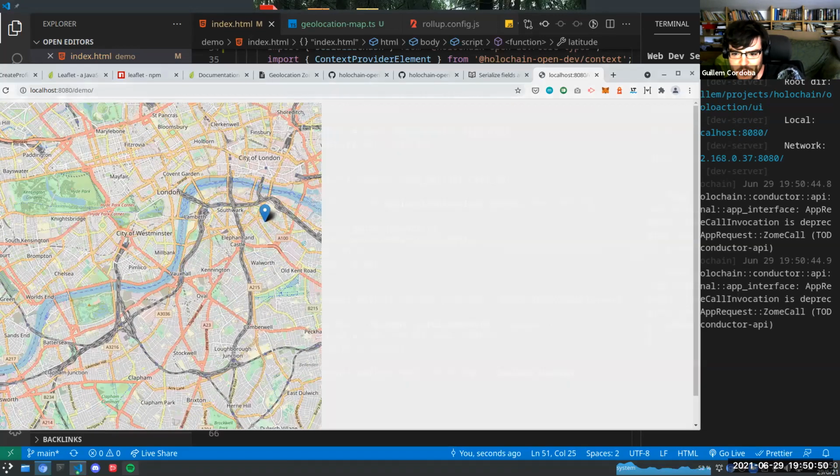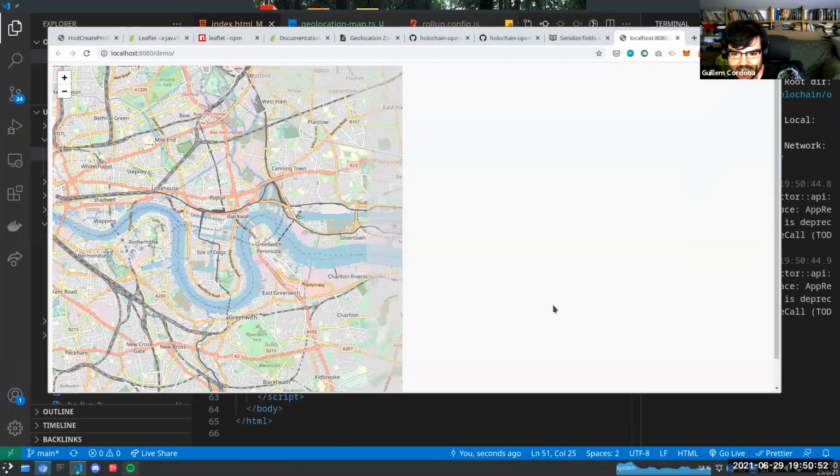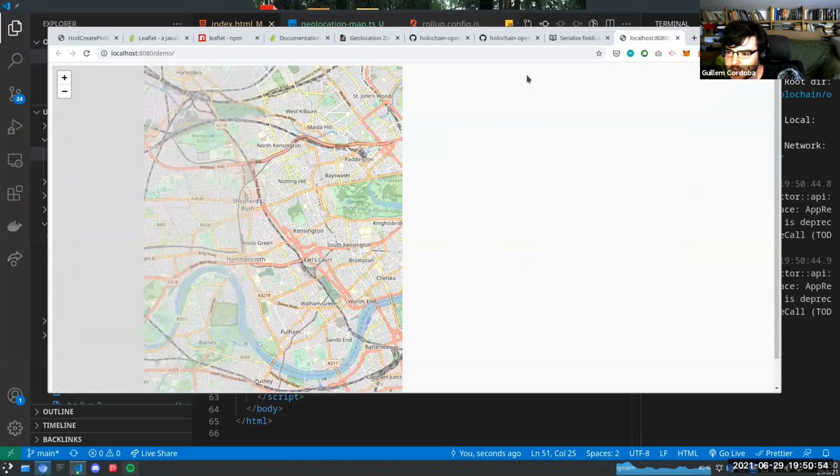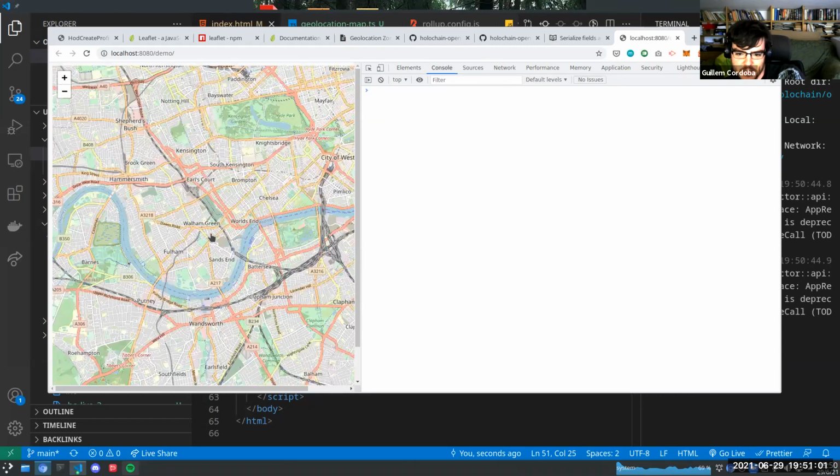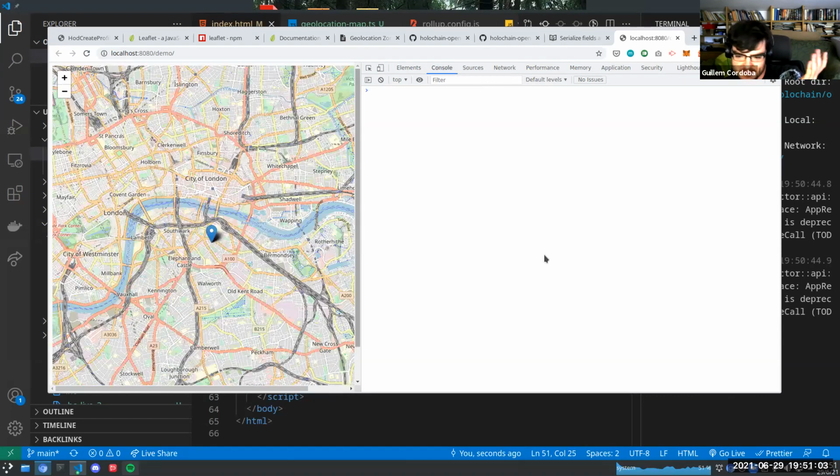I don't know how geolocations should be working, or maybe we have some problem here. Okay, we should be able to debug this pretty quickly, but